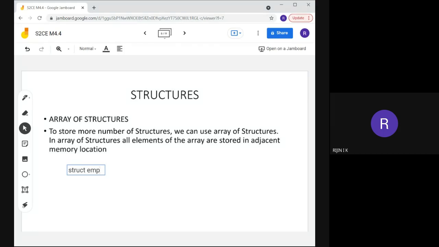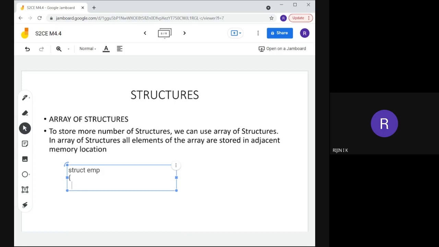After specifying the name, we need to open the curly bracket. Then inside that, we specify the structure elements. As we studied, we can specify different types of elements, integer, float, whatever the types.